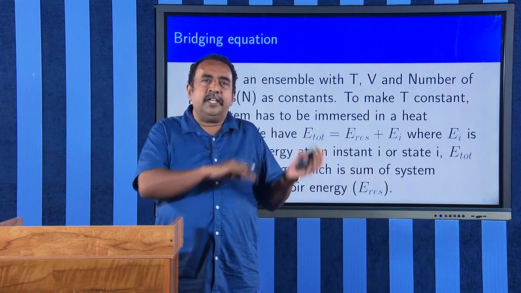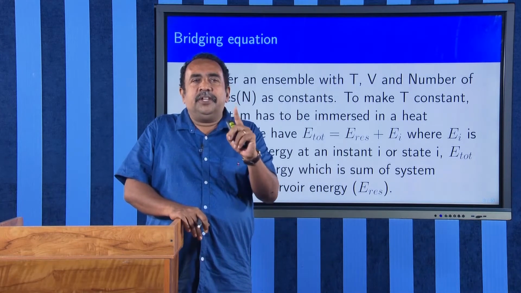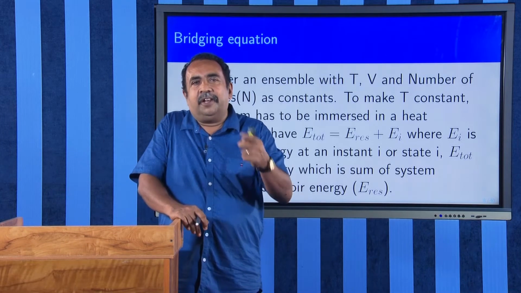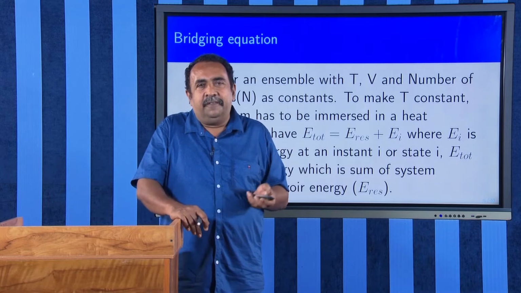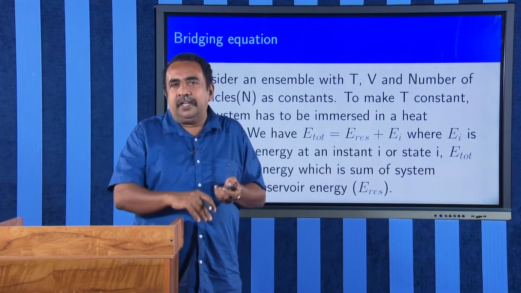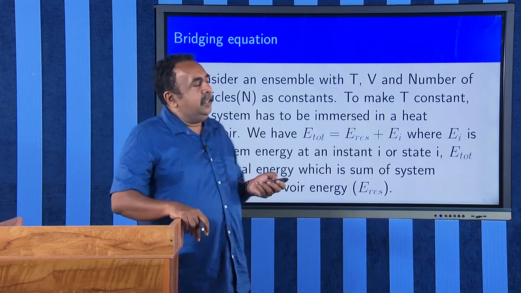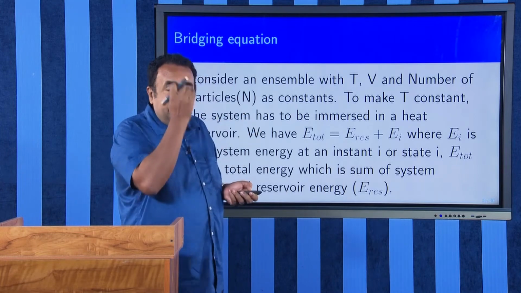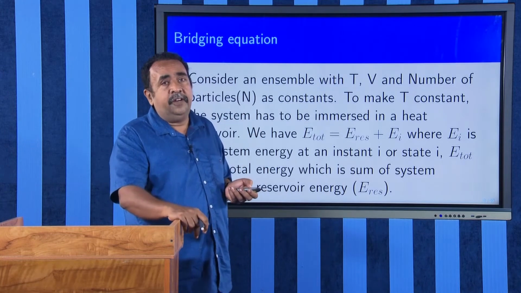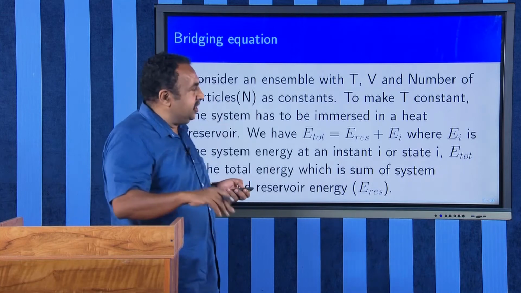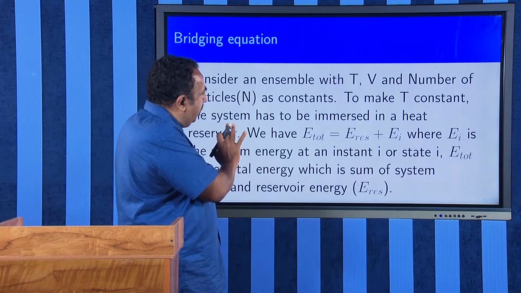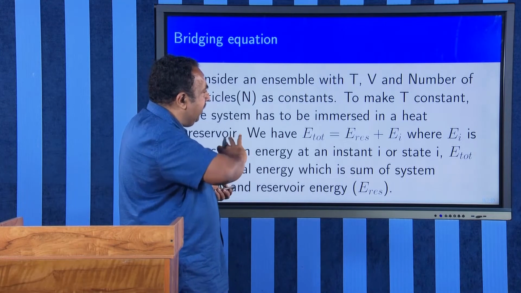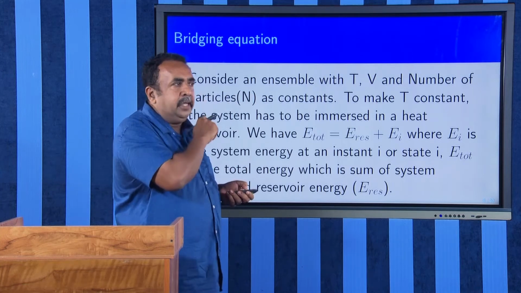And that bridging equation, in the case of the microcanonical ensemble, was S is equal to k log omega. Now, in the case of the canonical ensemble, we will have to derive a similar equation. For that, we have to take a system in contact with the surroundings. I will not be deriving those things. You can refer to Statistical Physics by Kelvin, which is a very famous book. In that book, the whole derivations are given. But I will give you a brief idea of what we are going to do. That is, we will be considering a system with energy E_i, and the energy of the reservoir we can represent by E_reservoir.